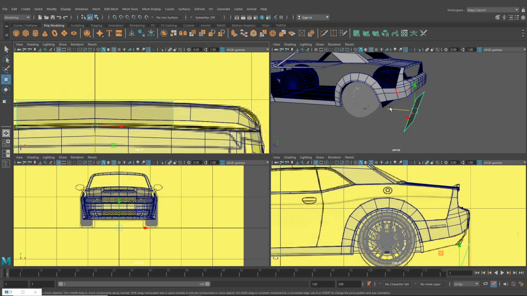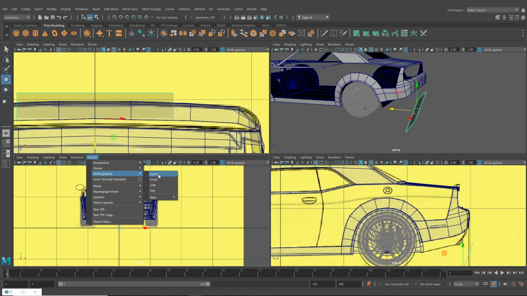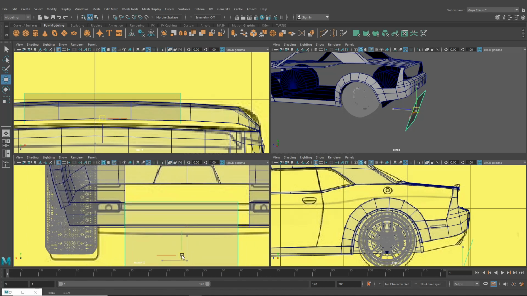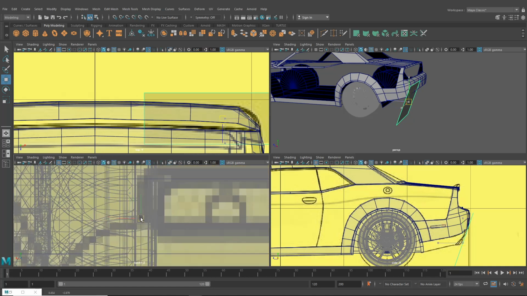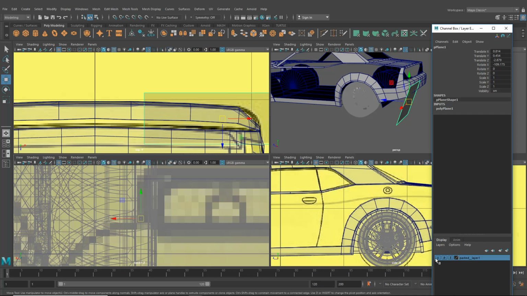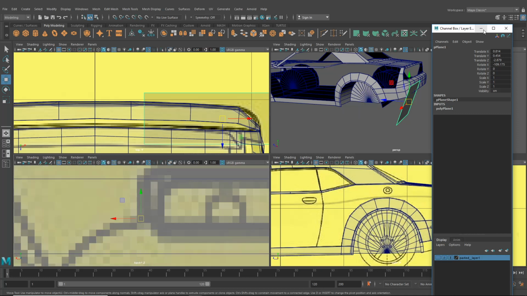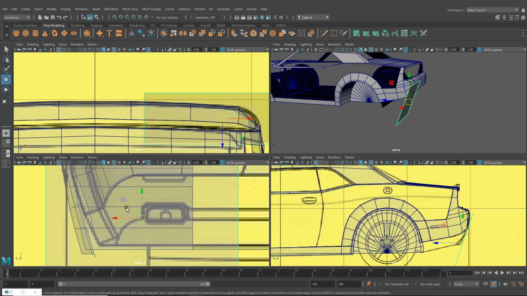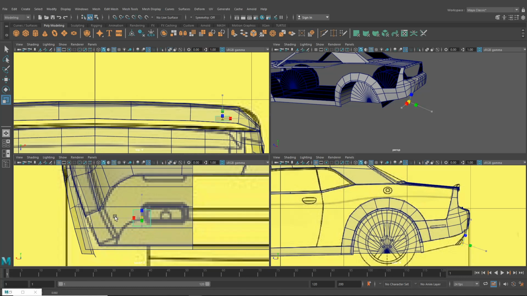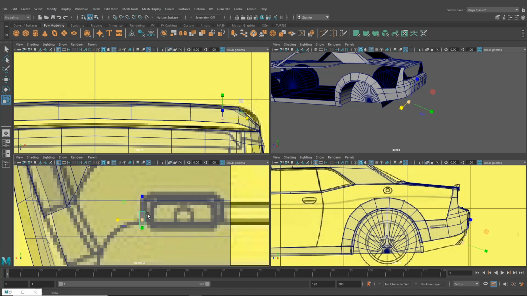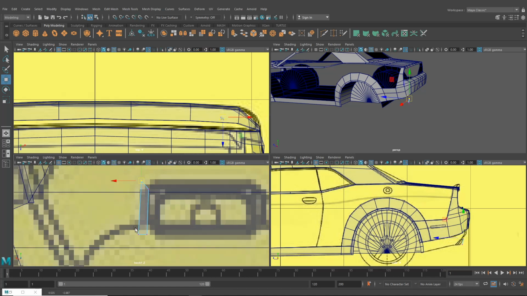Obviously we're going to need our rear orthographic view here. So what I think we'll do is we'll start over here. Let's completely hide those wheels for now. Let's bring this here. Now this blueprint is absolute trash in this area, so we'll have to do the best we can with our references. So let's bring this in something like that. And again, we want to keep this as minimal mesh as possible, but let's bring this roughly here to the right kind of area,